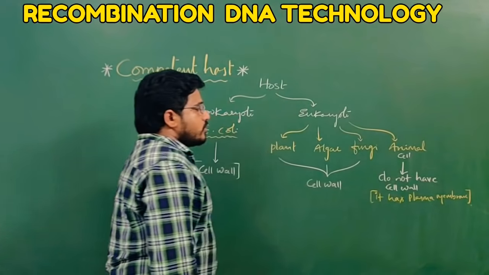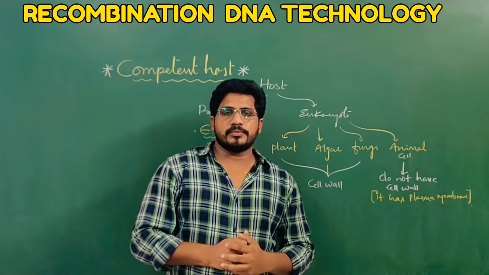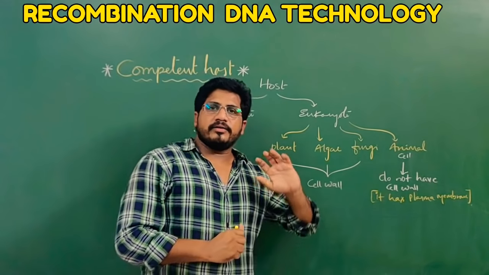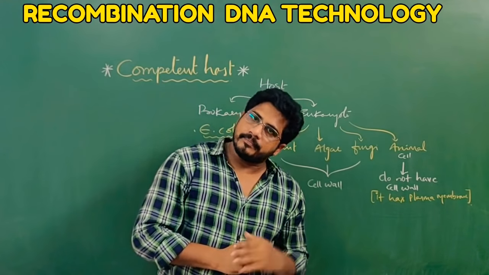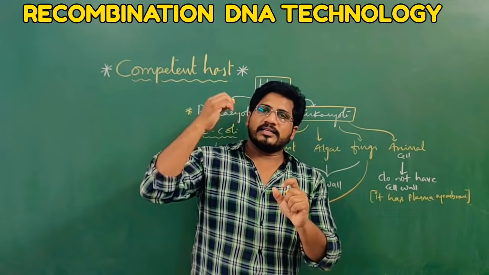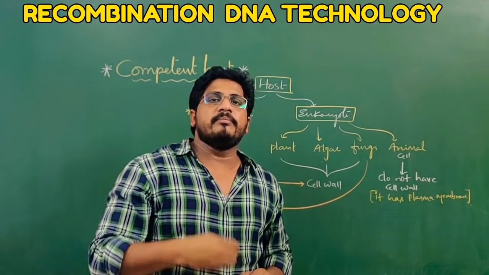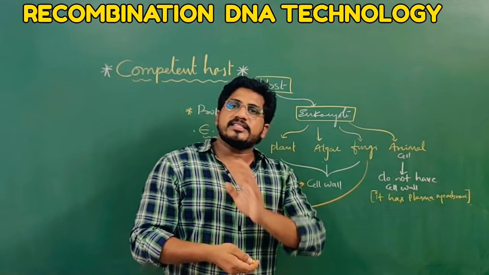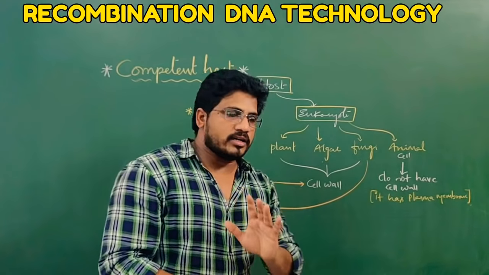Why I am introducing this concept to you: if you want to insert some desired gene into the host with vector or without vector, both are possible. So far you have seen with vector. Without a vector also desired genes can be transformed. Let us see what the cell wall does. If a cell wall is present, when the desired gene or plasmid or any vector goes inside, the process will be very tough. So do you think that a cell wall is better or not for insertion of the vectors into the host? Obviously, it will be a tough job.